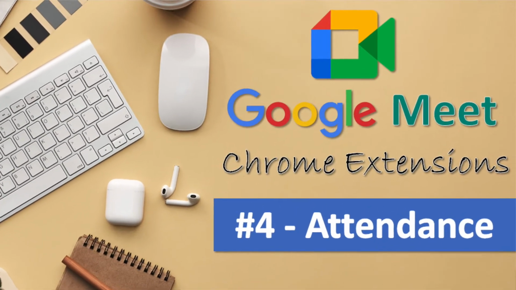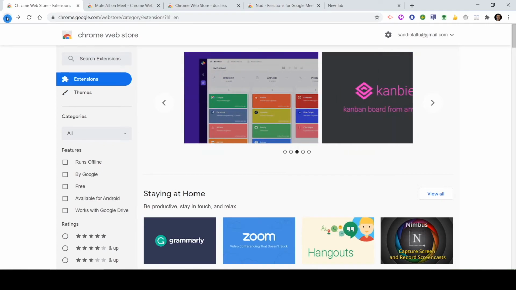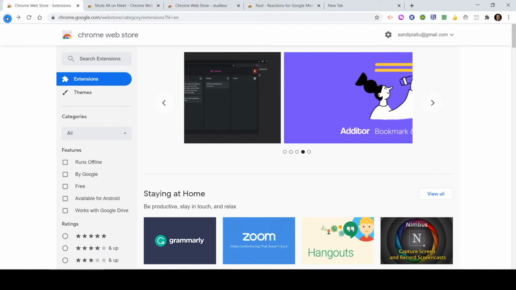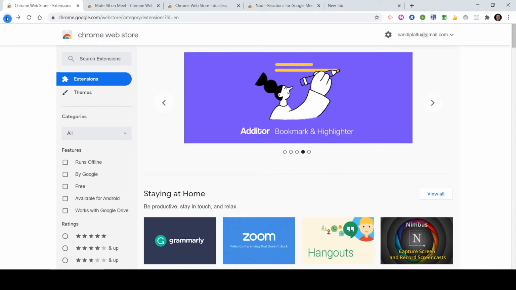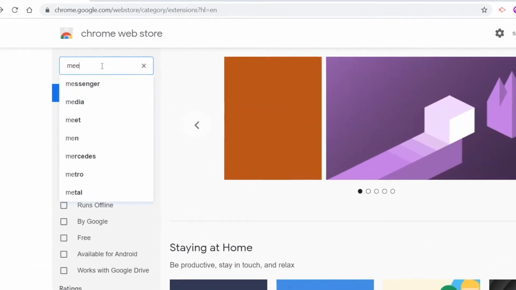Now whenever you are in a Google Meet meeting, it's very difficult to track attendance in case you have multiple number of students or multiple number of participants. So in that case, this particular extension will be very helpful. So let me show you how you can do that. If you again go to this Chrome Web Store and type Meet Attendance,